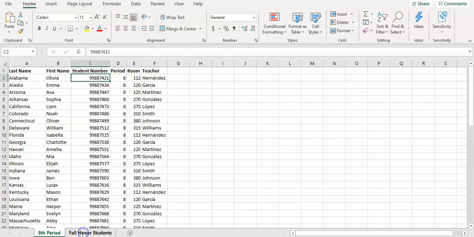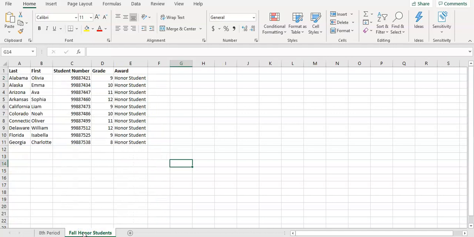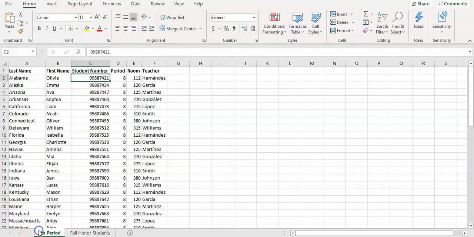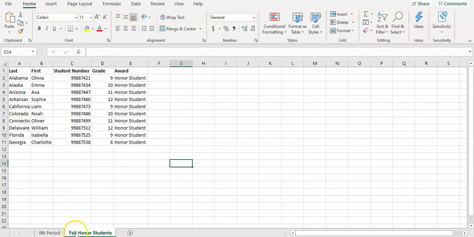Then you need a list of students who are being honored or students who have the letters for whatever reason, and it's important here also to include their student number. We're going to use a formula that Excel has called a VLOOKUP, or vertical lookup. I like to organize both of my sheets in the same document on different tabs like this. We'll go to the Fall Honor Students tab and type in equals